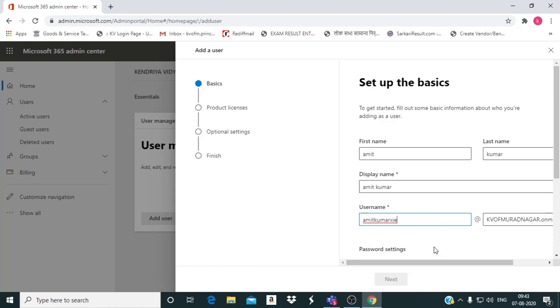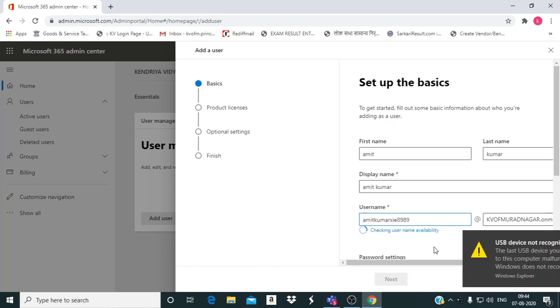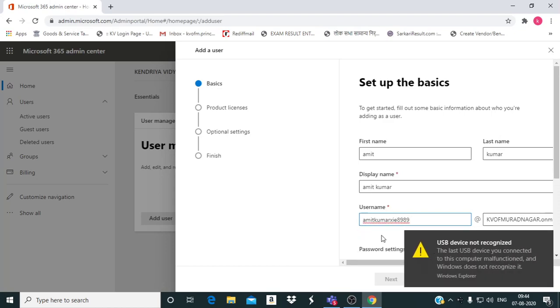Assume Amit Kumar class 11E. I will delete this user also. Amit Kumar class 11E, because we have 4 sections A, B, C, D, and his admission number is 8989. Assume. Okay, this is his admission number. I put it here.